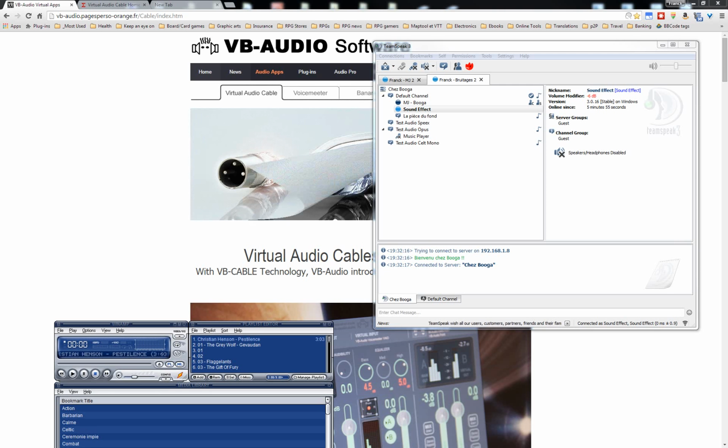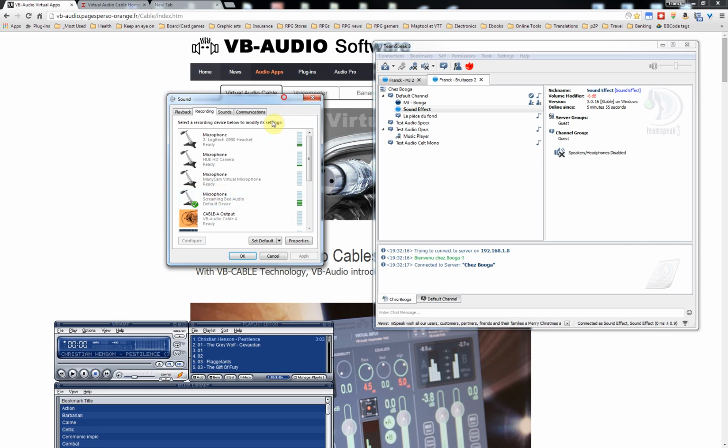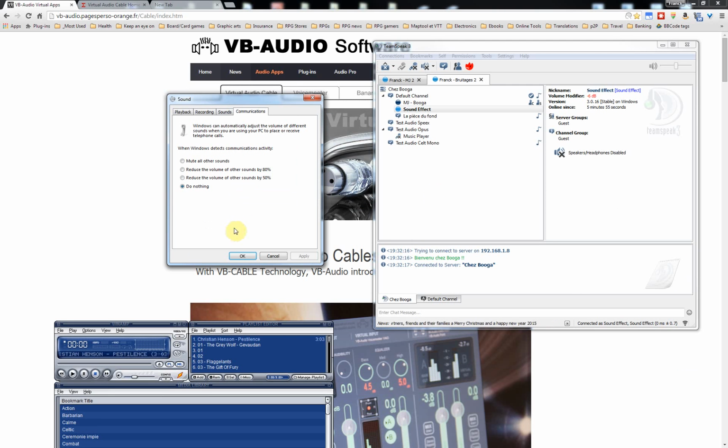Also something you could do, and I recommend as well, when you go to the Windows sound system configuration, which you should normally have in your system tray, the bottom right of your taskbar next to the clock in Windows, there should be a little white icon looking like a speaker. If you right click on it, you'll be able to access this window by either choosing playback or recording device. And in that case, if you go to communication here, it's very important to select do nothing, so that